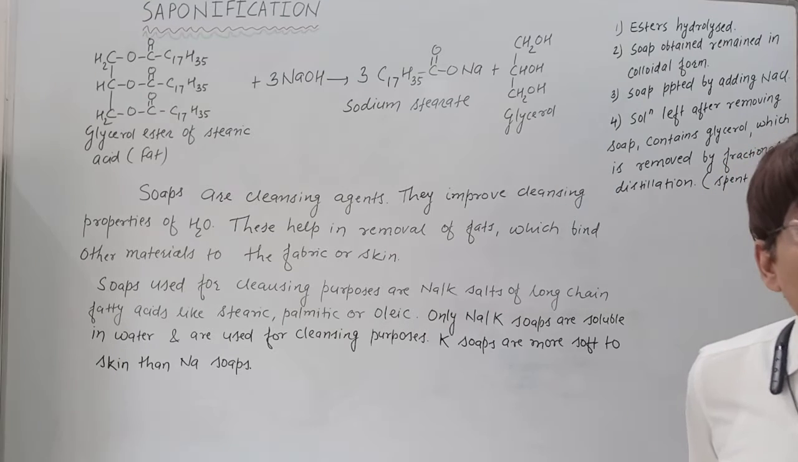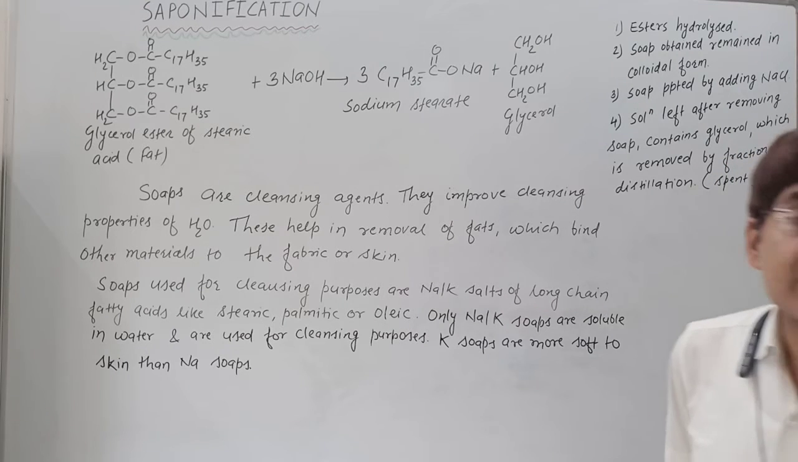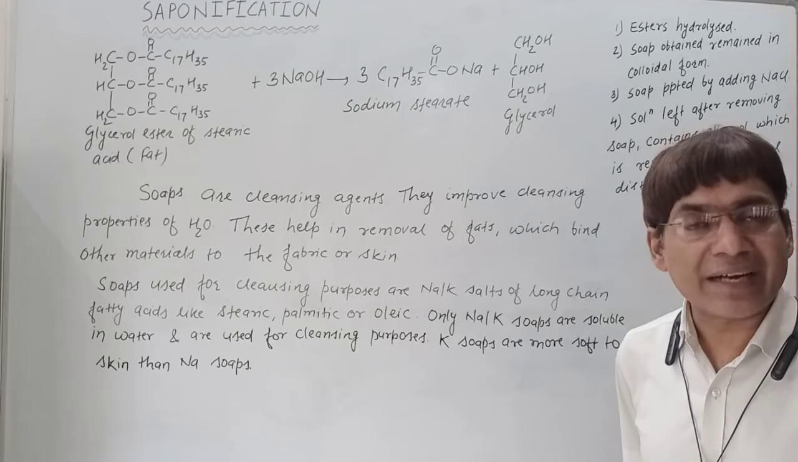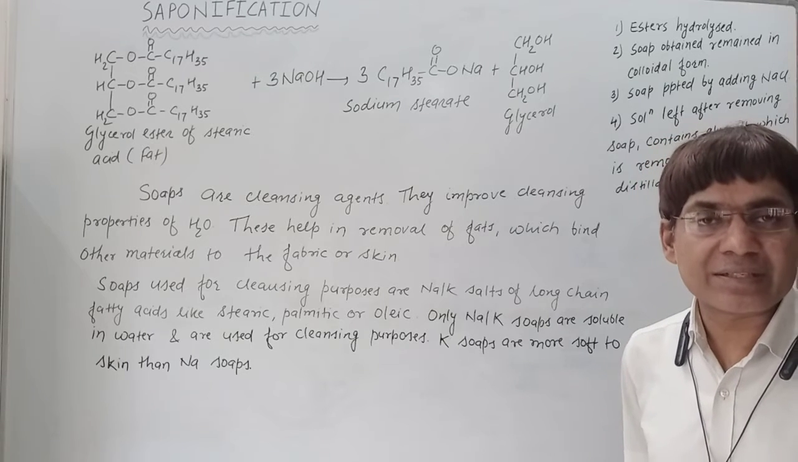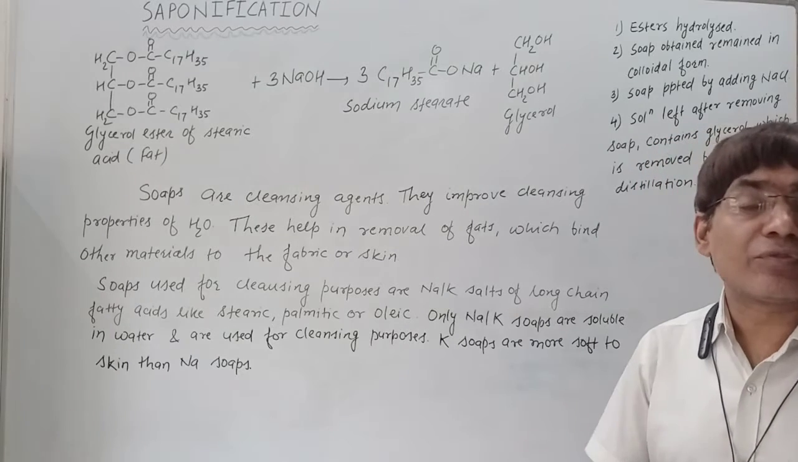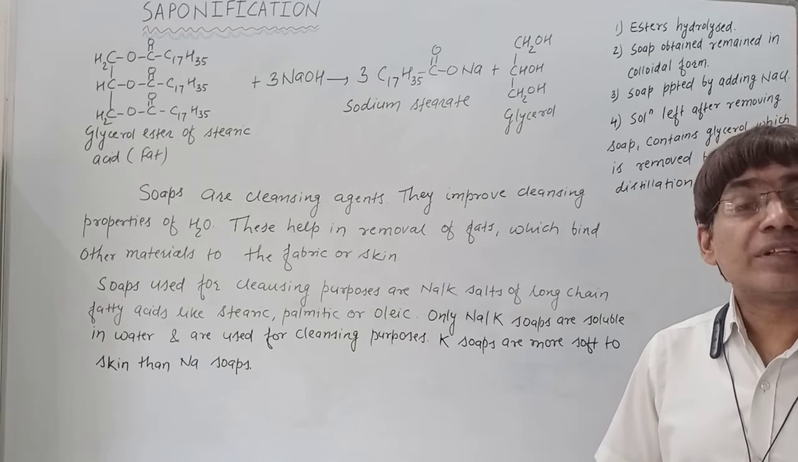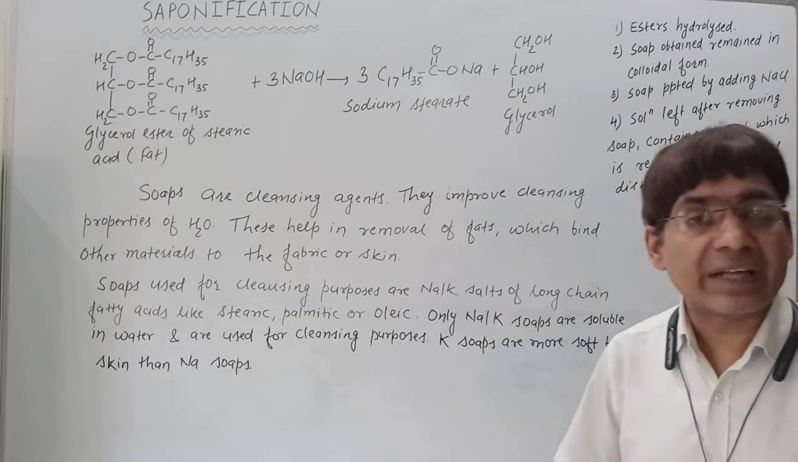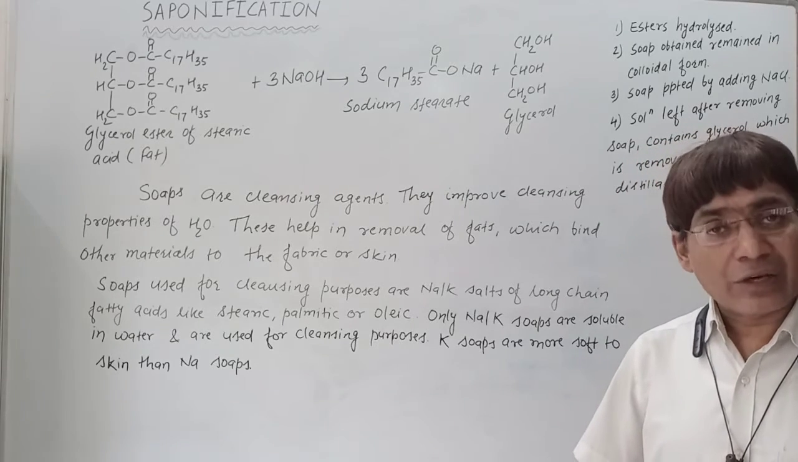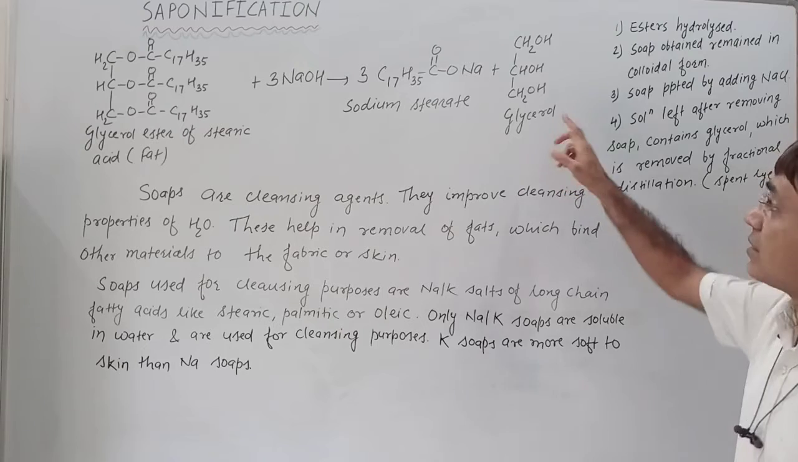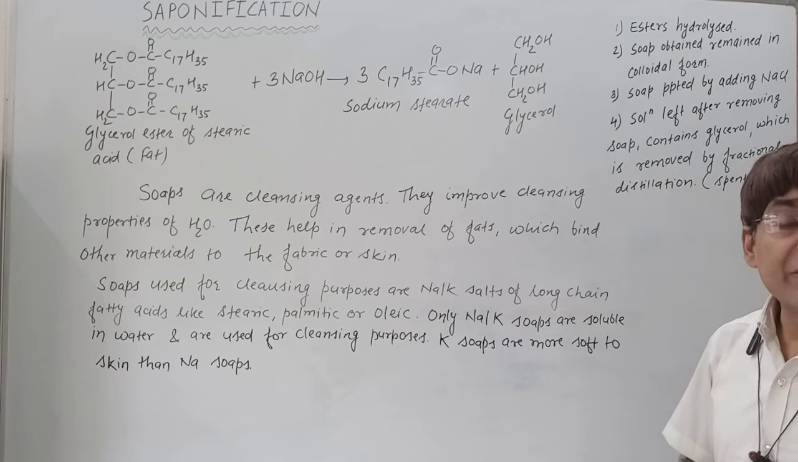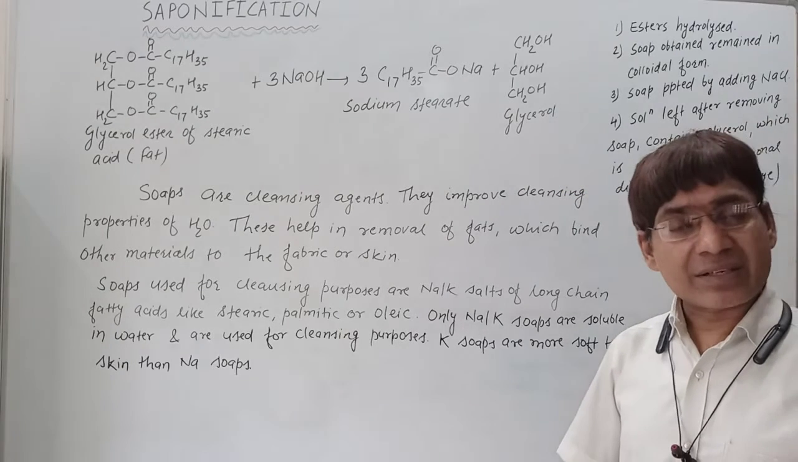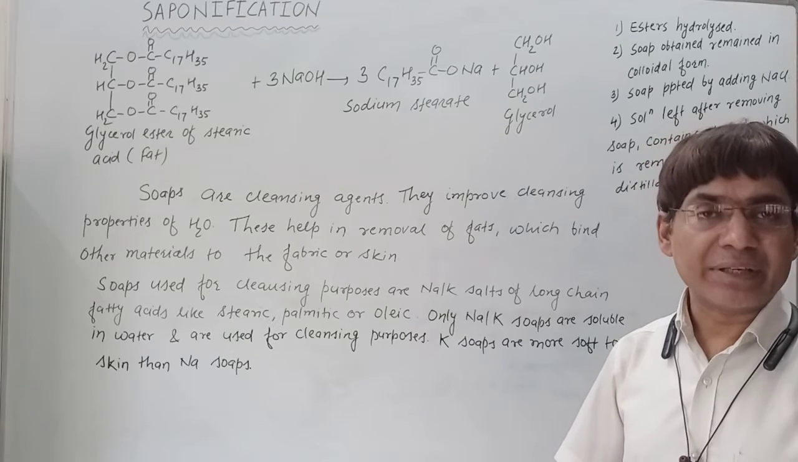Triesters of long chain carboxylic acids. These are what? These are triglycerides. And triglycerides are what? These are fats. Fine. And these are nothing but esters. So when these are subjected to hydrolysis, they again are going to form what? That carboxylic acid and alcohol. And alcohol will be what? That glycerol. Fine. And if hydrolysis of triglycerides is done in alkaline medium,